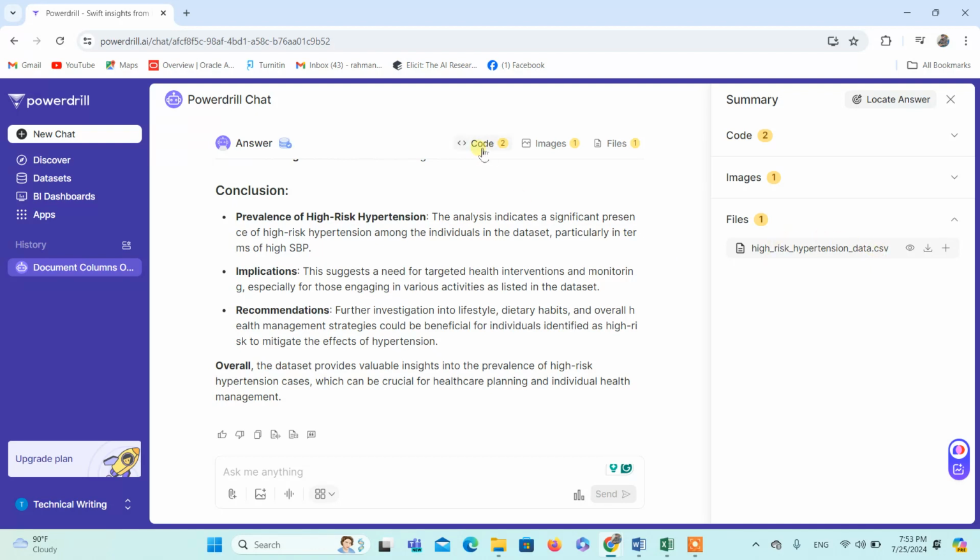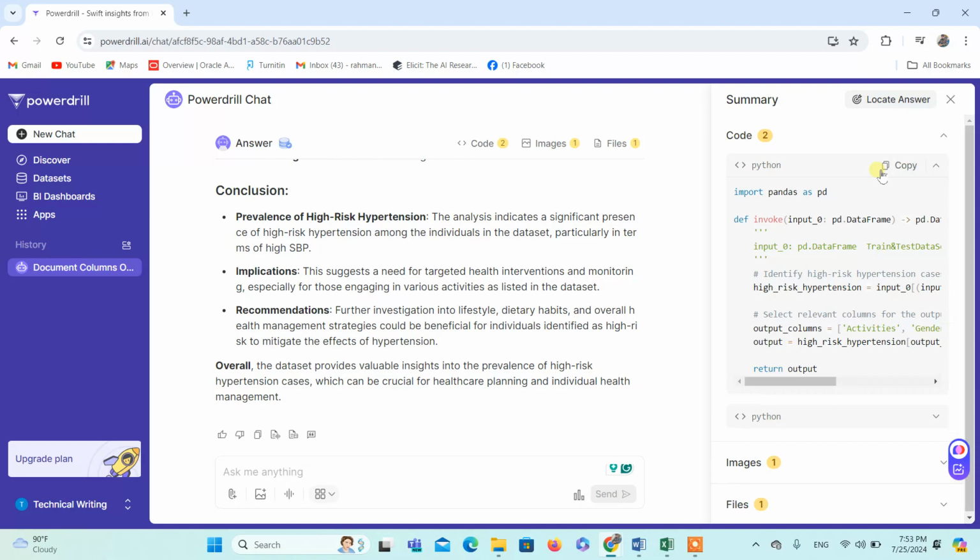And this is the dataset file, and if you are interested in the Python code, we can copy this Python code from here and use it in our other programming languages where we are interested to do further analysis over this. So we can explore further features of Powerdrill